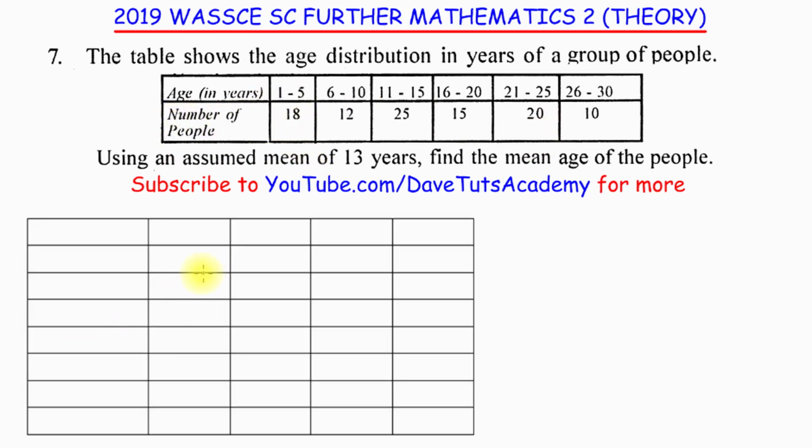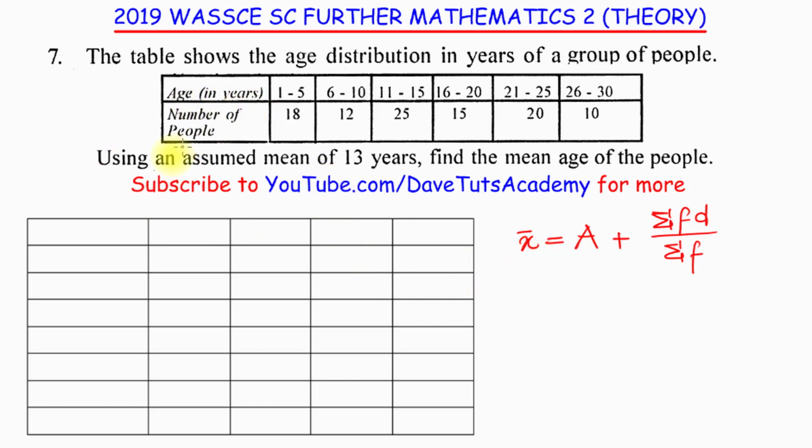So we are going to be generating a particular table, but the mean for this type of question is given as the mean x is equal to the assumed mean plus the summation of the product of the frequency and the deviation over the summation of the frequency. So we are going to find the deviation, interpolated on our table, as is going to be shown now.